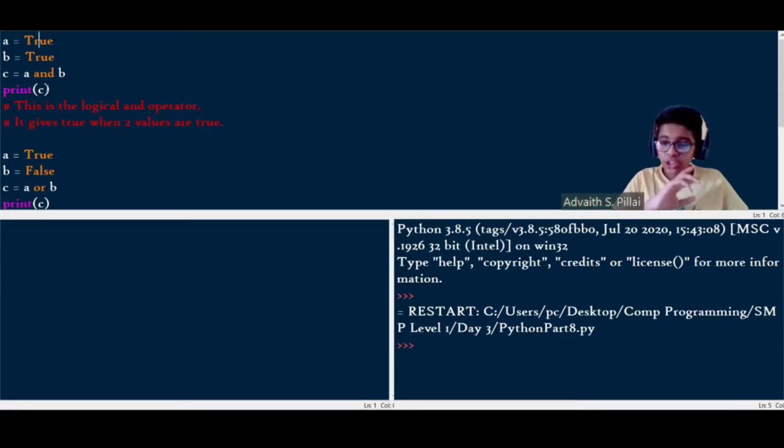So the first logical operator we'll be looking at today is the logical AND operator. It gives true when two values are true. It does not necessarily mean two values, but it will give the output true if all the values in a code are true. For example, if we take a is equal to 2 less than 3, which is true, and then b is equal to 7 greater than 5, and then if we print c is equal to a and b,